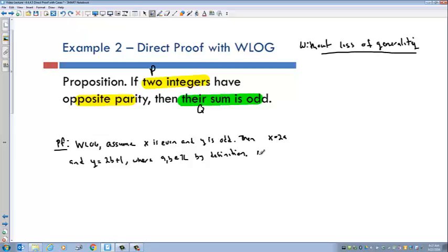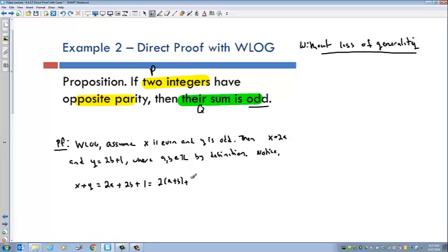And then we want to notice, well, notice what? Let's notice, and let's go down here, their sum, x plus y, which is equal to, what's it equal to? Well, x is 2a, so we write down 2a, plus, and of course y is 2b plus 1. And we want to show that this thing is odd, and so I'm looking for like 2 times a number plus 1, and you see that right there. Just pull out the 2. So 2 times a plus b